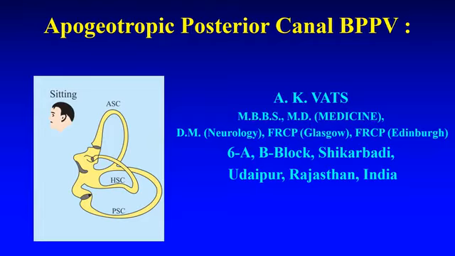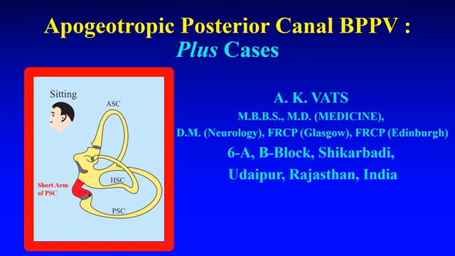Good morning. This morning I am discussing Apogeotropic Posterior Canal BPPV, the plus variants, that is something other than just Apogeotropic Posterior Canal BPPV. The red one is the short arm of the posterior semicircular canal of the left side. The green one is the long ampullary arm of the posterior semicircular canal, and in pink is the non-ampullary arm. An otoconial debris that dislodges from the utricular macula and gets embedded